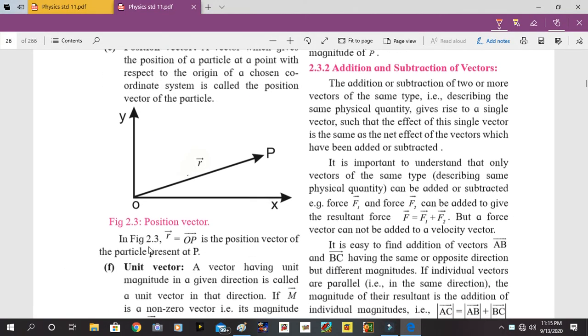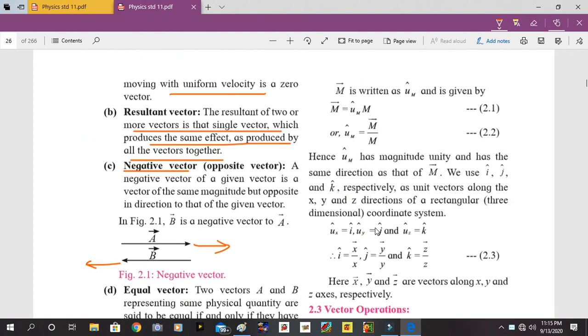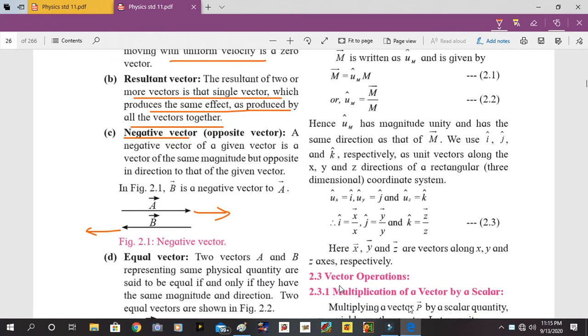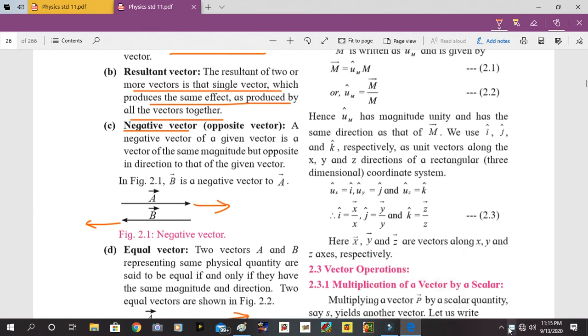Okay, and the last is the unit vector. The vector having unit magnitude, that means its magnitude is 1 only. So multiplication and division of this vector to another vector does not make any changes, then it is called what? Unit vector. It plays a very important role. About this we are going to learn in detail. Okay, so how to find that unit vector, also we are going to learn in the next part. Till this I think you have understood. Thank you.